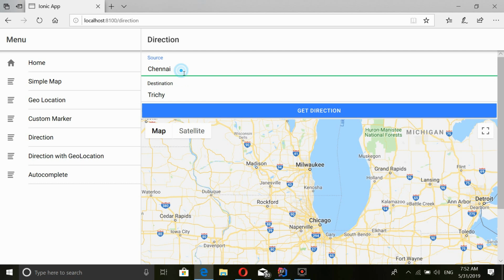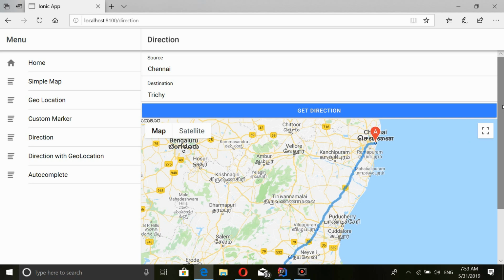Once I clear this value, see this green line goes to red because this field has an error. And the direction button is also disabled because my direction form is not valid. Once I enter the value again, both fields become valid, and now my form is also valid. Now I click the get direction button. It will call the callback function and display the direction here. See here.